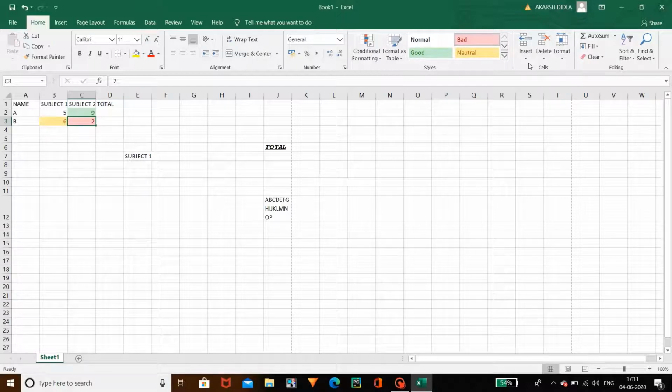And coming to the cells, if you want to insert a cell in between 9 and 2, you can use this insert option. As you can notice, I have selected the good color, so the green color will also be enabled in these cells. If you want to remove it, you can go to the normal option and click here. From now onwards, normal cells are inserted. If you want to delete the cells, you can use this delete option. So likewise the cells option is used. Hope you guys understood about this.